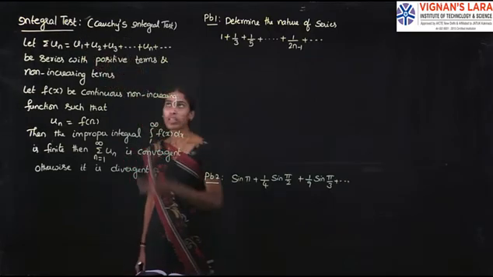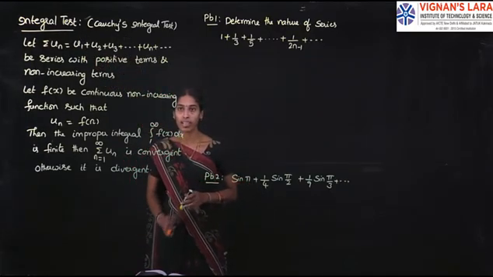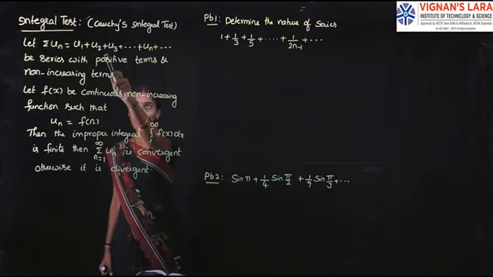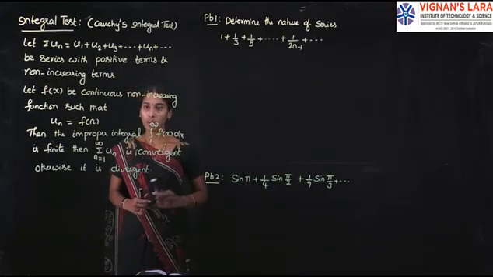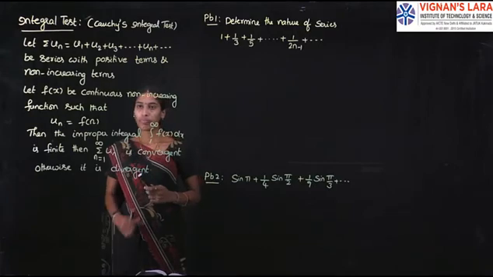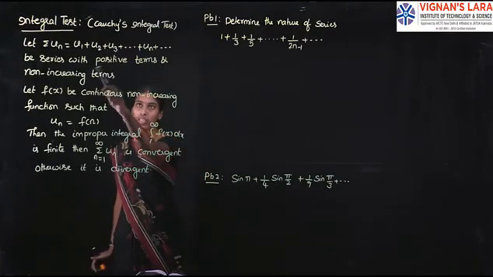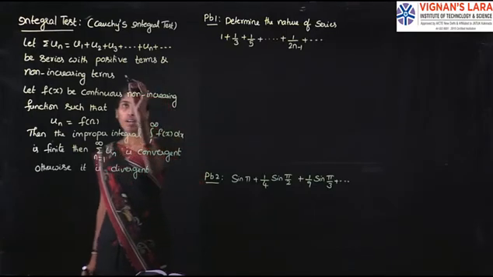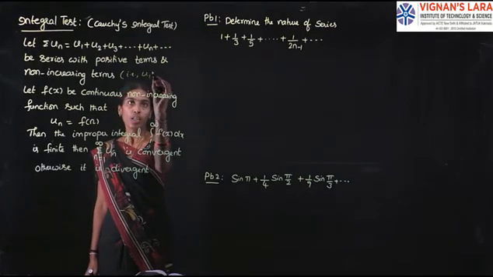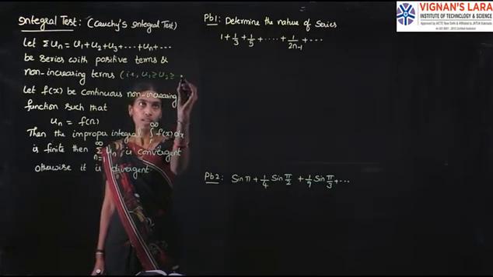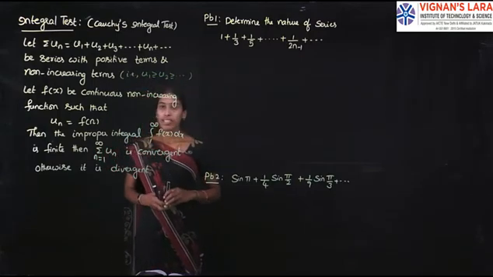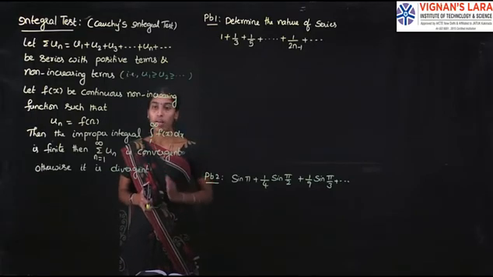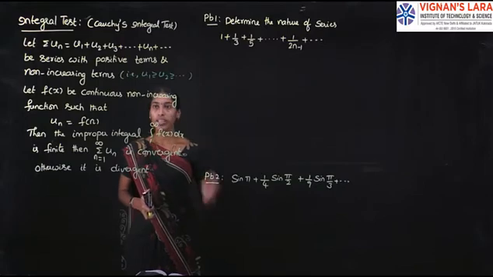Otherwise, the other name of integral test is Cauchy's integral test, right? So what is Cauchy's integral test? Summation un is equal to u1 plus u2 plus u3 and so on plus un and so on. Here it is a positive series, so series with positive terms and non-increasing terms. The meaning of non-increasing terms is u1 greater than or equal to u2 greater than or equal to and so on. That is, in general we can say that the nth term un is greater than or equal to un plus 1. The terms of a sequence are gradually decreasing, right?